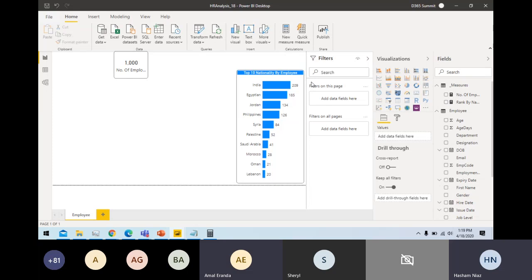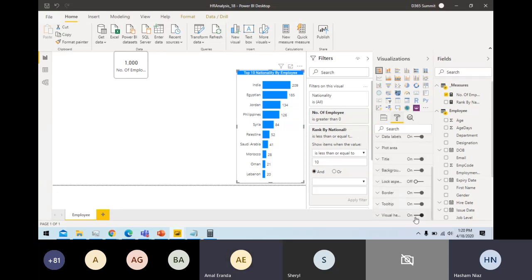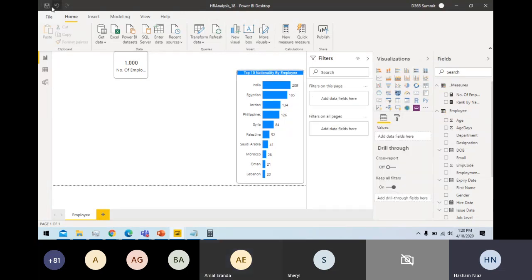See, I have clear spacing here on the right and the left and the top as well. And here, just turn off a few things, like I'm going to turn off the visual header, and everything else is fine. So let's save this for now again.